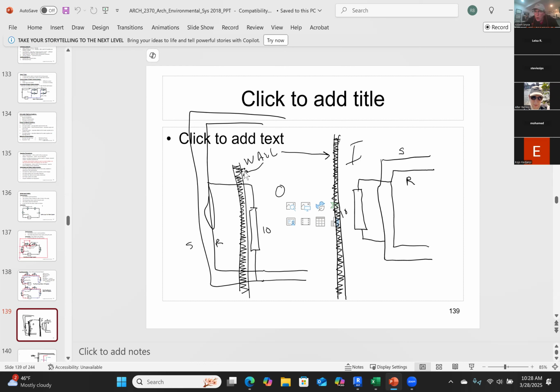Now you can see that the wall is here. In this example, the wall is here. Normally, your supply line and your return line is either going to be mounted on the wall, on the inside of the wall, or in the wall. If you draw it that way, it would be difficult for you to communicate to me that you understand how to pipe the system. So what I'm asking you to do, it's conceptual. You can show your supply and your return lines outside of the walls or inside of the walls. Either way, this is